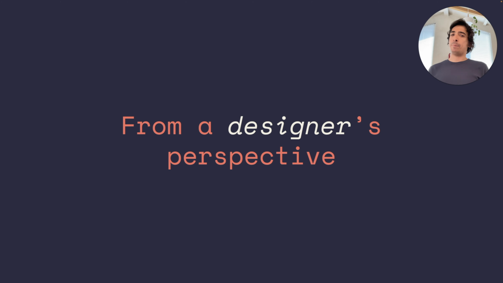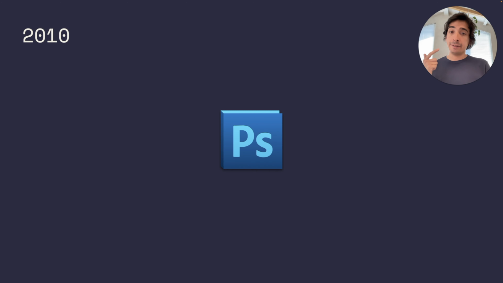Well, how did design systems get so popular recently? Let's take a look at what happened in the last 10 years from a designer's perspective. So we're going to take a trip down memory lane to year 2010. This is the time I got my first job as a developer. This is the time when Blackberries were still around. And this is the time Photoshop was the primary tool that UI designers were using.